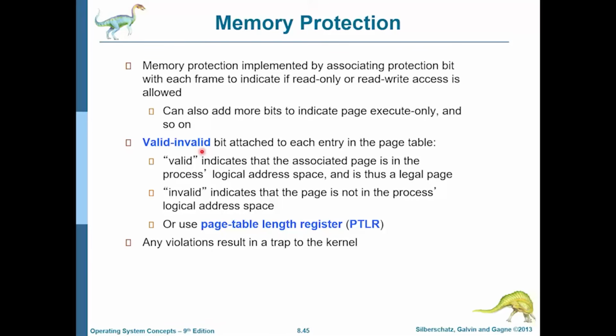So if there is a page table mapping to a process and the process is not supposed to write to that area, then you can just not have the write bit set, and then the process will not be able to write to that area. If you have doubts that the contents of a certain area of memory can contain malicious code and you don't want the process to be able to execute anything in that area, then you can set the execute bit of that memory area to false, and the process will never be able to execute anything that is located in that memory region. If the valid bit of a page table entry is set to invalid, that is, it is not set, then a process will never be able to access, read, write, execute anything from that page.